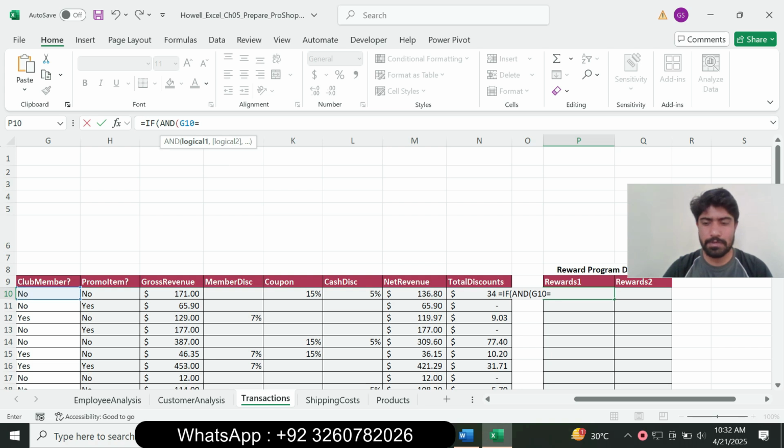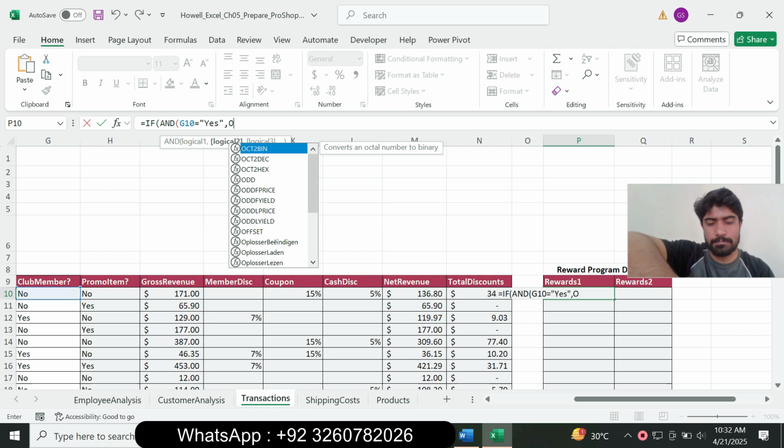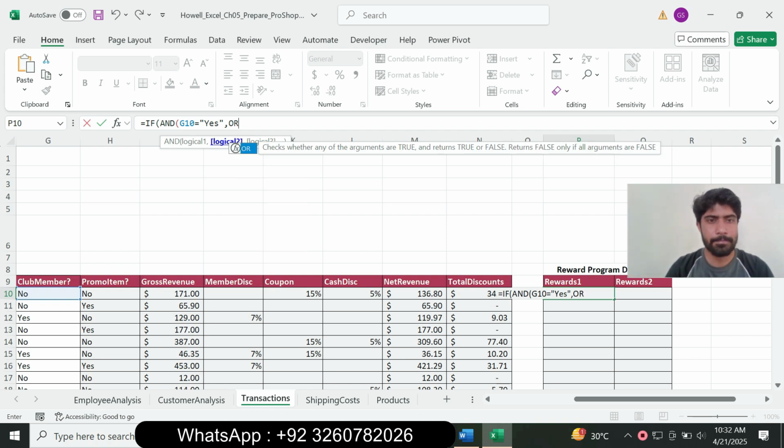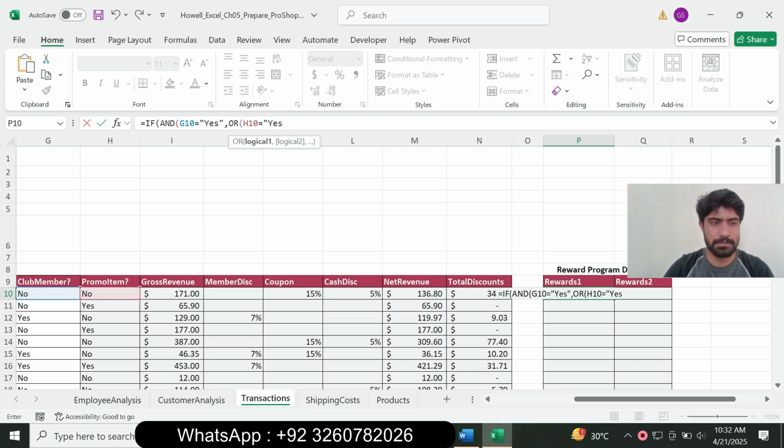Type equal to and type yes, then a comma and type the OR function, and select the cell H10. Type equal to and type yes, apply the comma, and select the cell I10